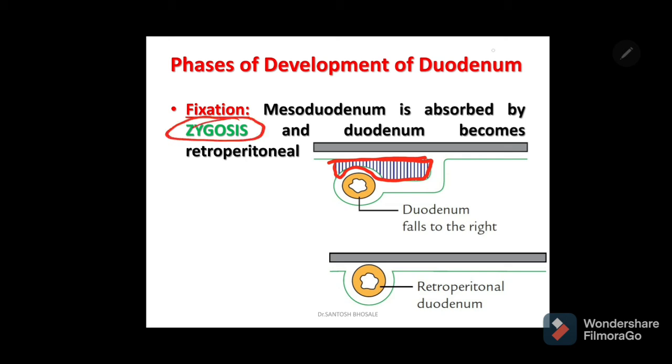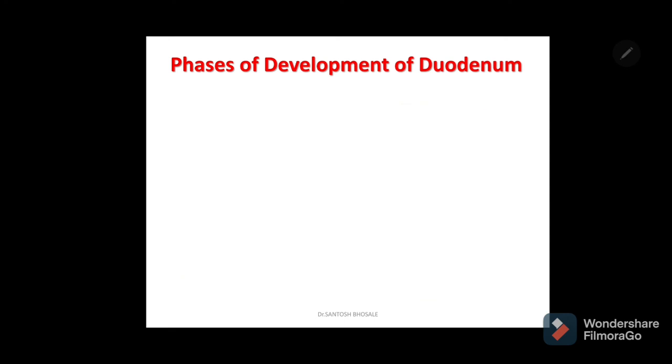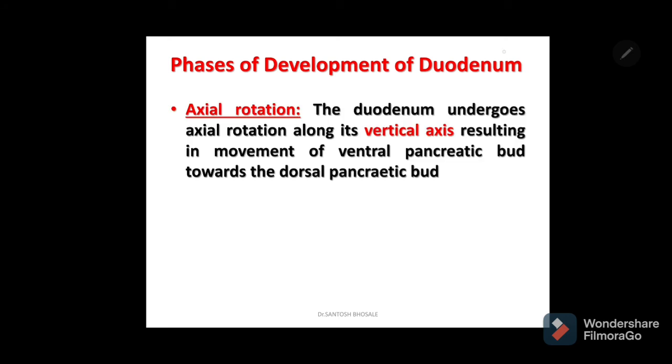See, all the retroperitoneal organs that you see in the adults were peritoneal during development, but they lose their peritoneal covering on the posterior side by the process called zygosis. So this is how the duodenum, which is peritoneal here, becomes retroperitoneal here by way of zygosis. This is one more picture showing a horizontal section of the duodenum and axial rotation. After rotation and fixation, it undergoes axial rotation where the duodenum rotates along its vertical axis,